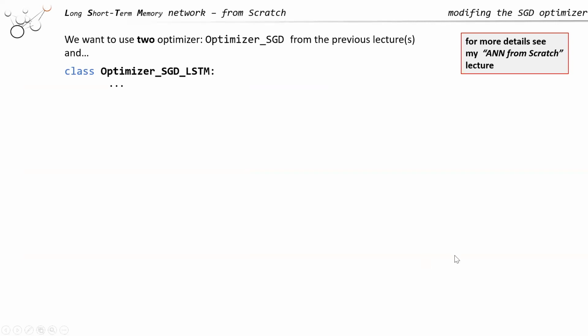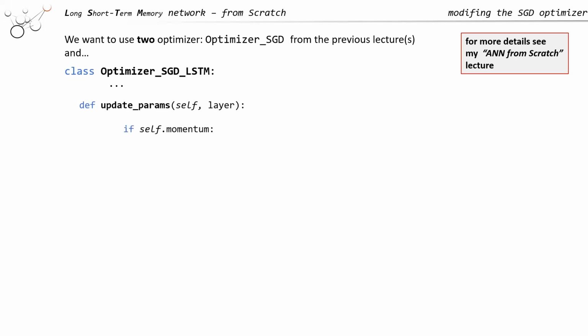So the first optimizer that we want to use is the standard optimizer we created in the other lectures, ANN from scratch, which applies to the dense layer that we have here. So we'll change the weights and the biases from the dense layer. But now we also want to create, based on this, an additional optimizer for the LSTM, because also during the training you might want to have different learning rate schedules for different learnables, ones from the LSTM and ones from the dense layer. However, we still want to maintain the same structure, so we have a method where we just